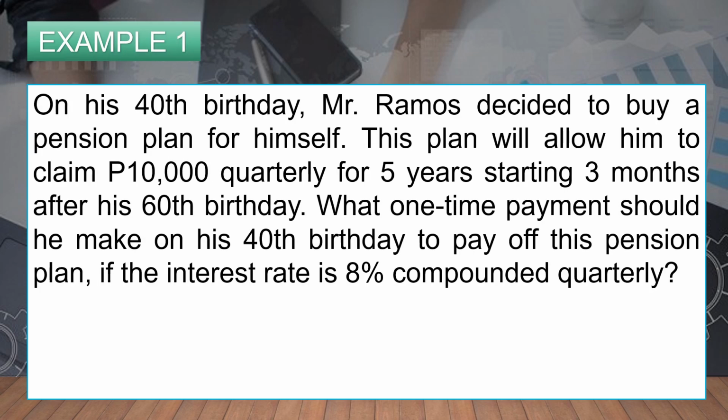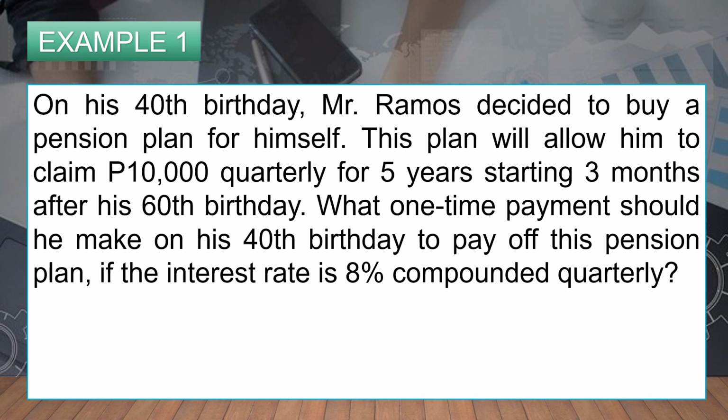Now to further understand deferred annuity, here's an example. On his 40th birthday, Mr. Ramos decided to buy a pension plan for himself. This plan will allow him to claim 10,000 pesos quarterly for 5 years starting 3 months after his 60th birthday. What one-time payment should he make on his 40th birthday to pay off his pension plan if the interest rate